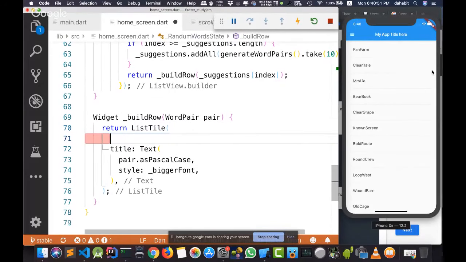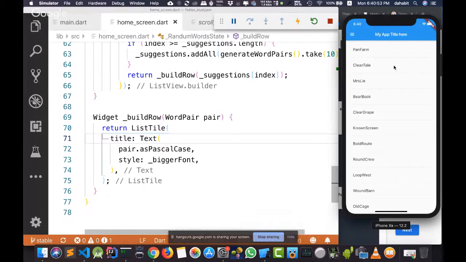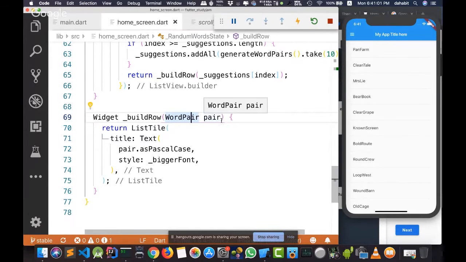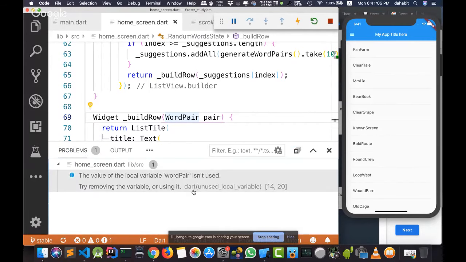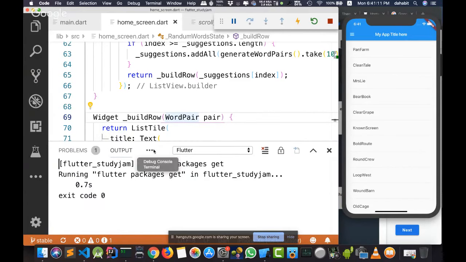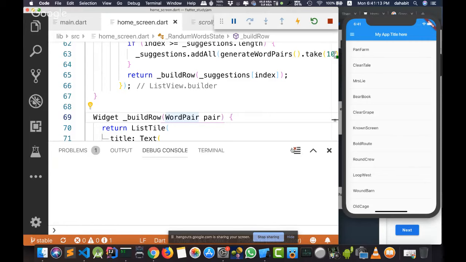For example, if I need to activate clicking on any element on the screen, let me display the console. Maybe there is a problem with an unused variable, but these are just normal warnings. This is not an error.